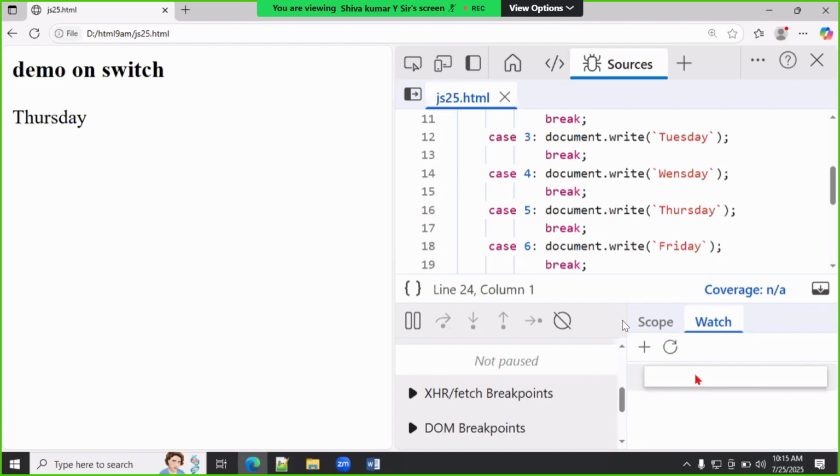Any expression. You know the expression I recently explained, a combination of operators and operands. You can write a calculation, a comparison, or only a variable name. You can write a variable like this, and a condition result is displayed. Or if I want to know the X value, I write X and the value is displayed. What is the message currently? Not available, because the program already completed. If you refresh it,